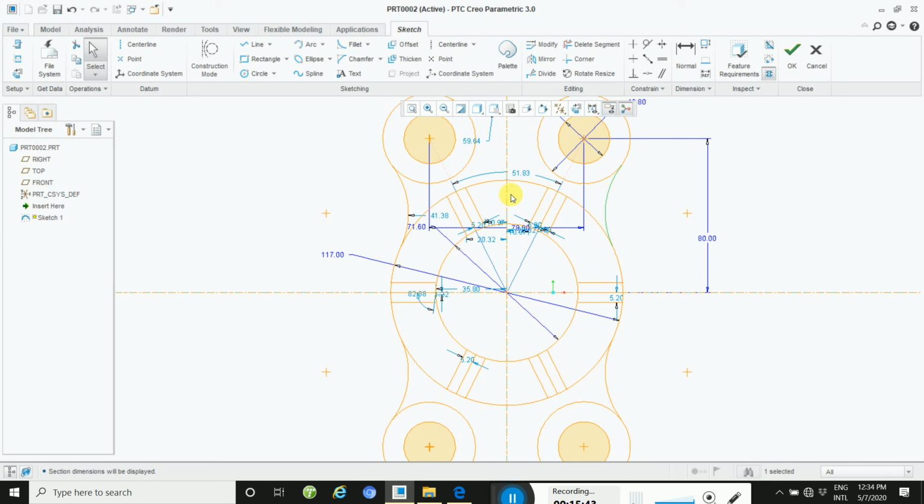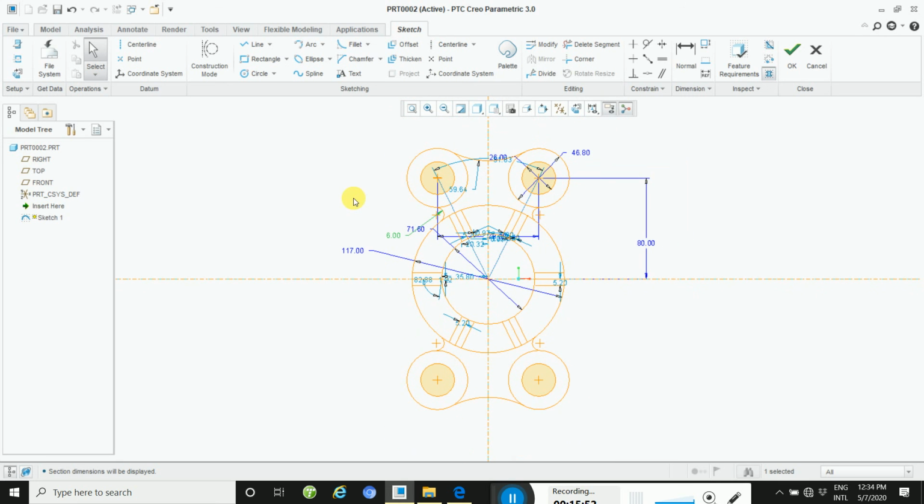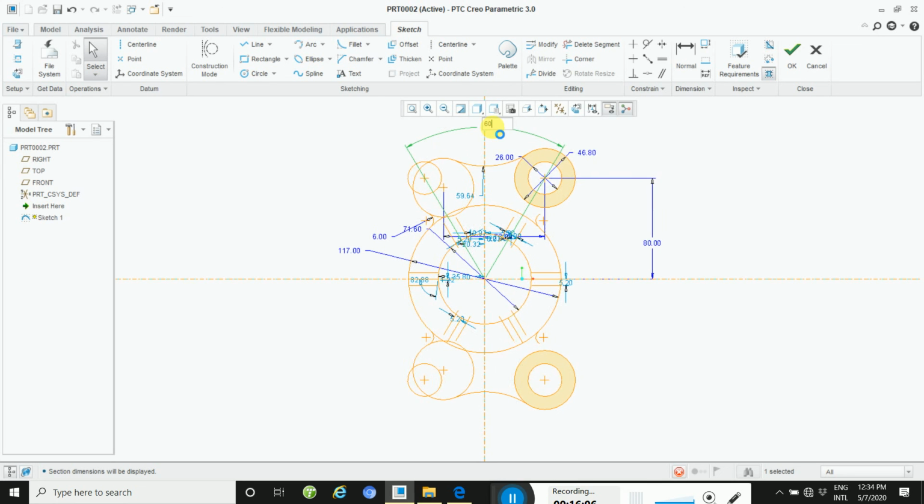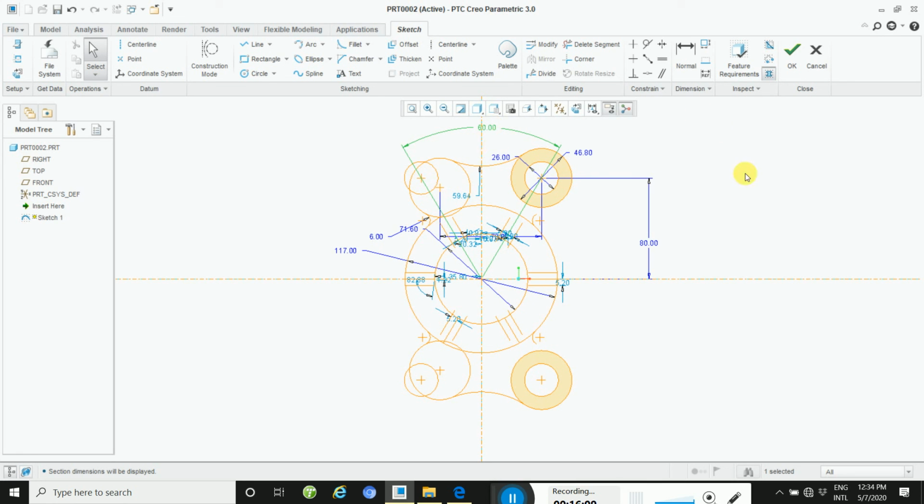So take this radius as 6, it's better. And then this 22 radius, by 60, then apply coincident.